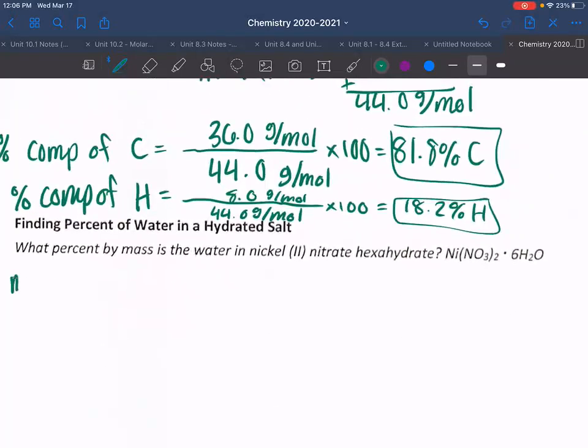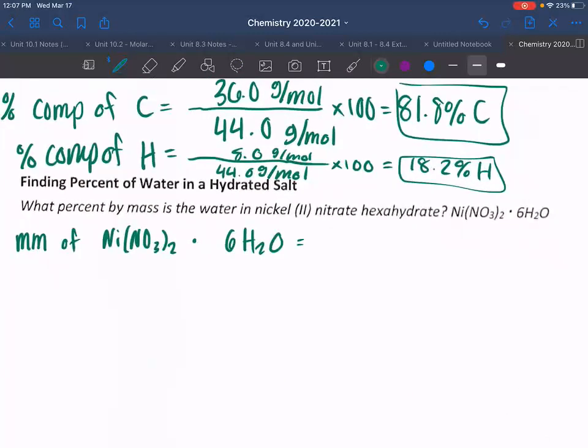So to figure out the molar mass of Ni(NO3)2 · 6H2O, what I find easiest is to break this down into the 2 parts, the ionic compound and the water. So I'm going to first figure out the mass of nickel nitrate. So we have to add up the nickels, the nitrogens, the oxygens. How many nickels? How many nitrogens? How many oxygens? Awesome. Nickel weighs 58.7. Nitrogen is 14.0. Oxygen is